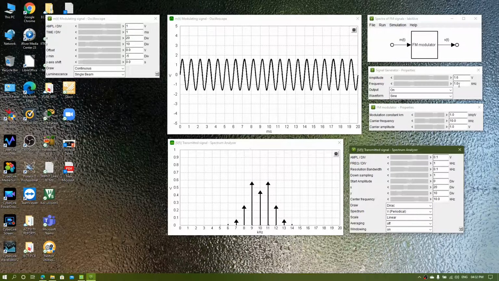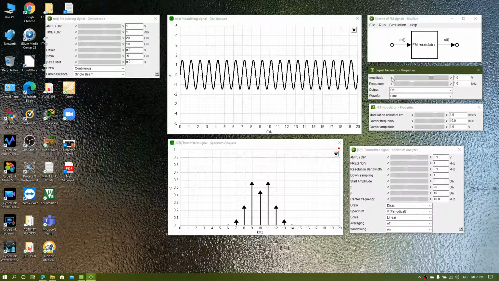Now if we reduce our amplitude, you can see our sideband amplitude gain has been reduced accordingly, while our carrier frequency amplitude is getting amplified.